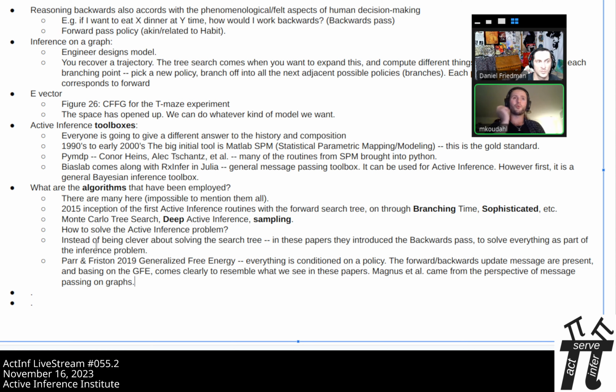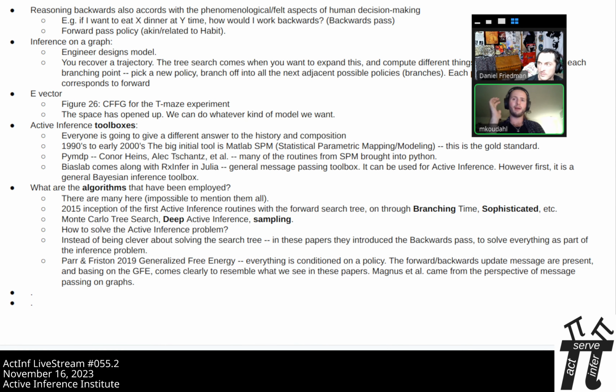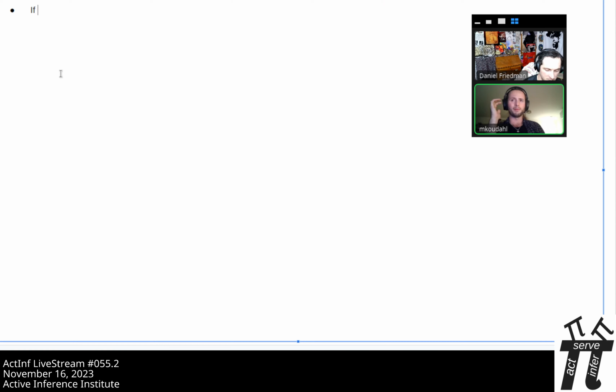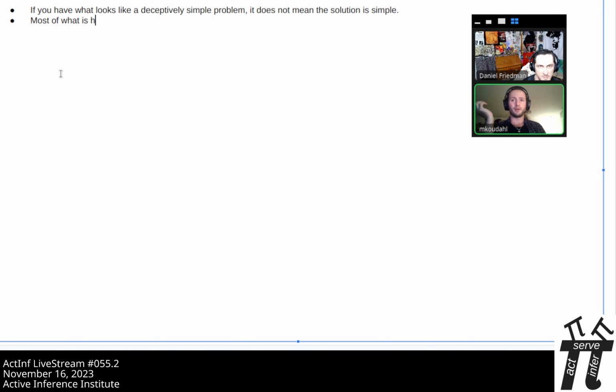But I sort of want to dwell on one of the points you just mentioned: if you have what looks like a deceptively simple problem, it doesn't mean the solution is simple. Because most of what we're doing, like 90% of everything we care about here, is really just solving Bayes' rule. Bayes' rule is pretty simple to write down.